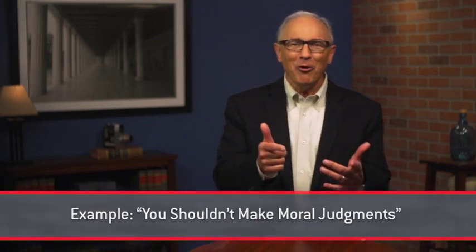But the claim itself turns out to be a moral judgment. And the word shouldn't in that sentence is kind of a clue. There's a moral judgment that's going on here. Now, when you ask whether the claim applies to itself, it may apply to itself and not be self-refuting. It just depends on the circumstance. If it turns out that the claim does apply to itself and it defeats the original claim, well, then you've got a self-refuting situation